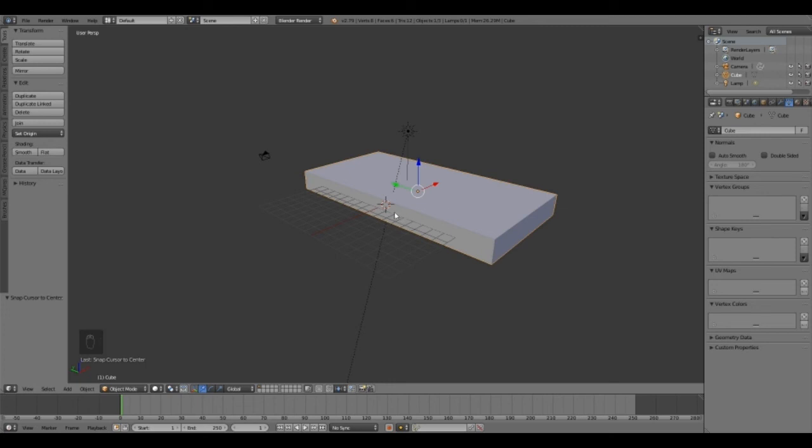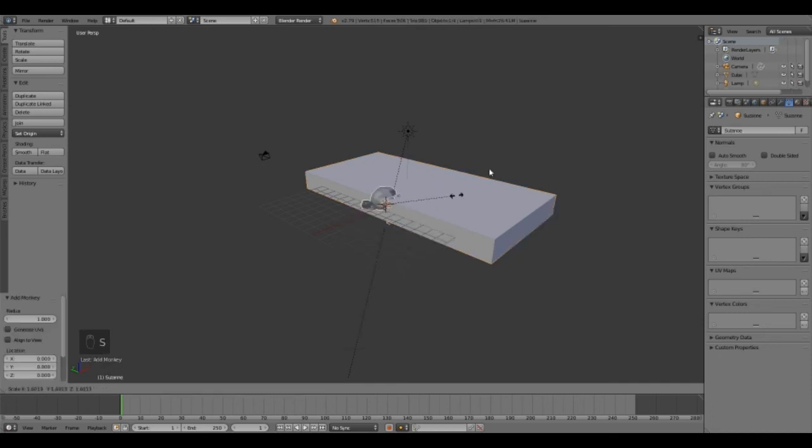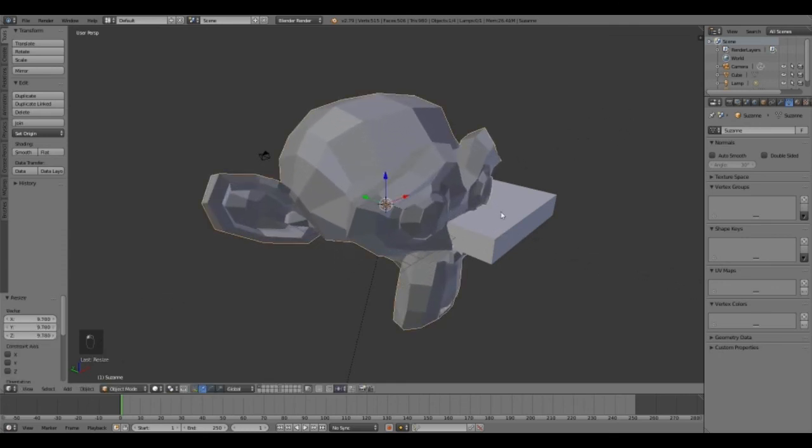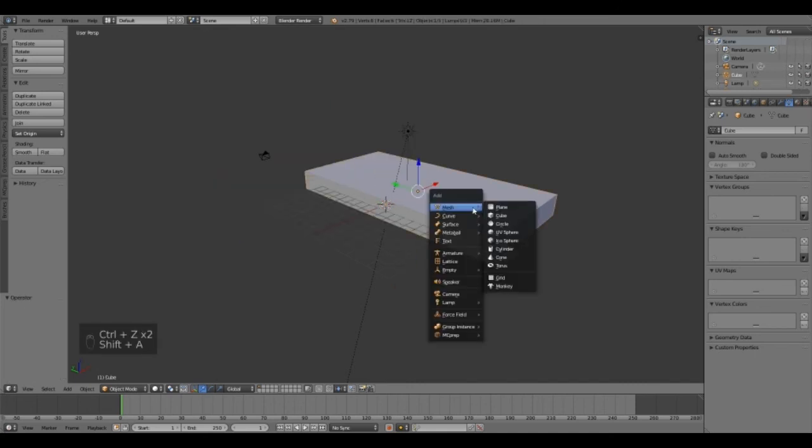Alright, so we're going to bring in another cube. We're going to hit Shift A in order to bring in a cube. So Shift A is going to add, and we're going to add in a mesh. And the mesh is a type of object. You can bring in all sorts of things like a monkey head, which I think is the Blender figure or something like that. Or we can bring in a donut, a cone, cylinder,